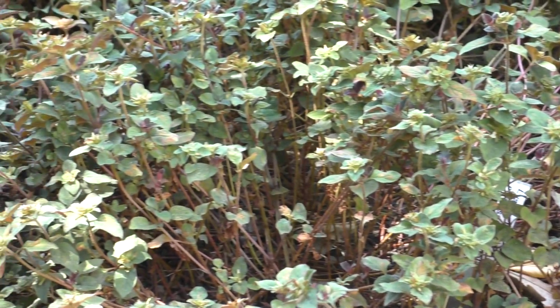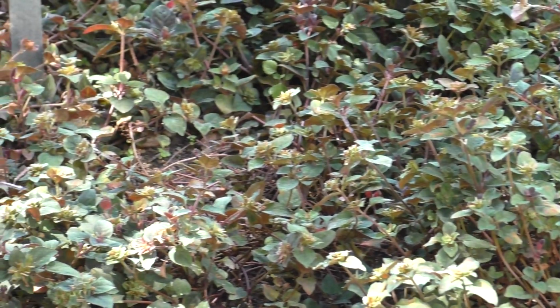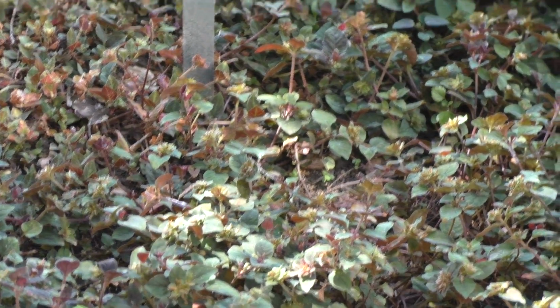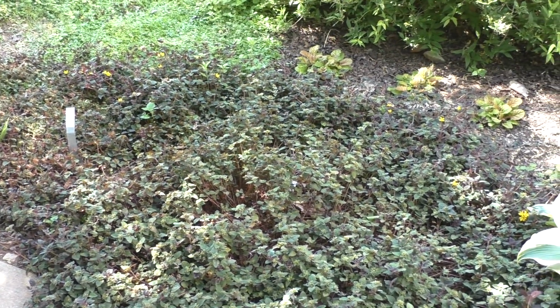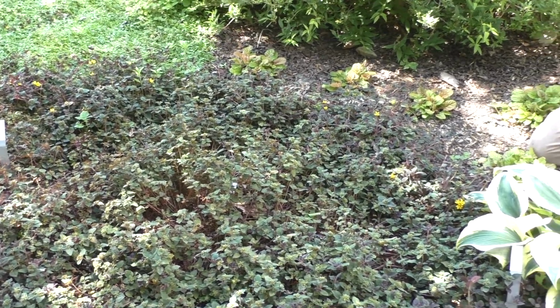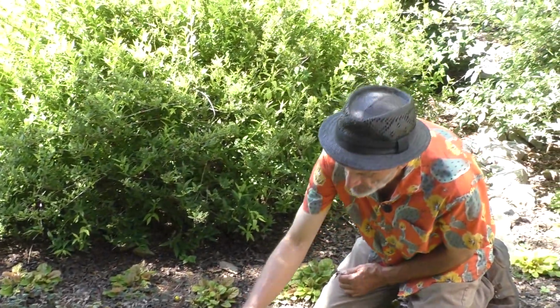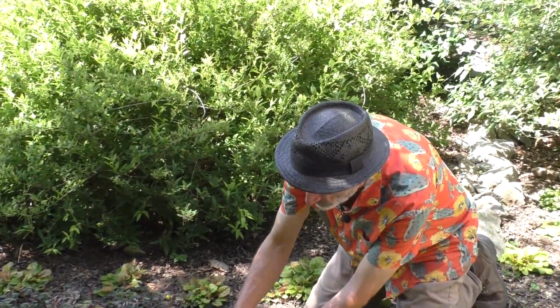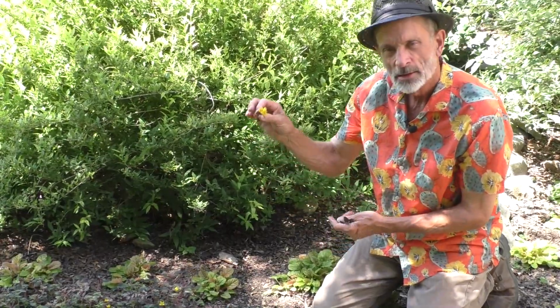It has a bigger leaf, and it's the same sort of reddish chocolate brown leaf, but then it has mint green veining through the leaf. It's really, really pretty. I don't remember its name, but you can come out and visit it in the color trials. And maybe Chris will let me tell you, if you've ever listened to me before, you know I like the derivation of names. Well, the genus is